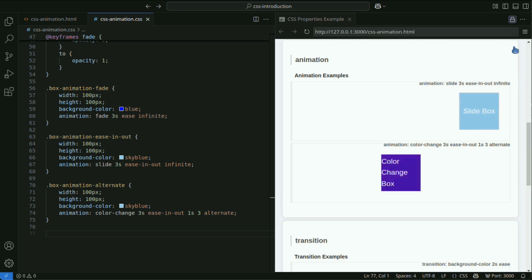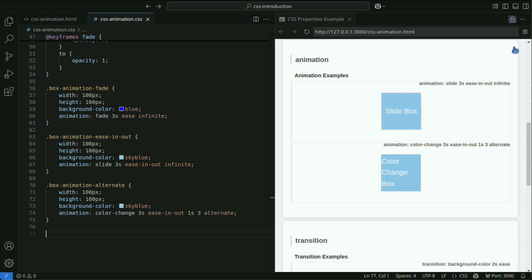The box-animation-alternate class specifies color-change as the animation name and uses the color-change animation defined in @keyframes. The 1s following ease-in-out is the animation delay, specifying the delay before the animation starts. The animation will start 1 second later.